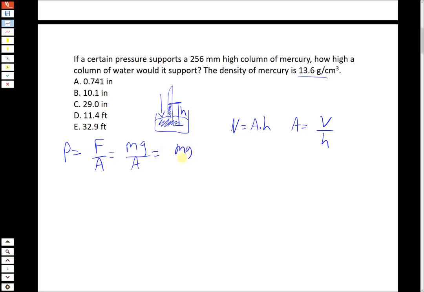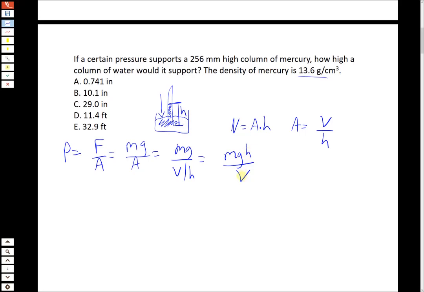So we're going to replace area with the volume divided by the height, and that's where the height comes into play, because as we said, we're trying to figure out how high of a column we're talking about here. And then this can be rewritten as mgh divided by V. Okay, so we're just moving this height to the numerator. So that's going to be a measure of pressure in terms of the mass of the liquid that's in the column, the gravitational constant g, the height of the column, and the volume of the column that